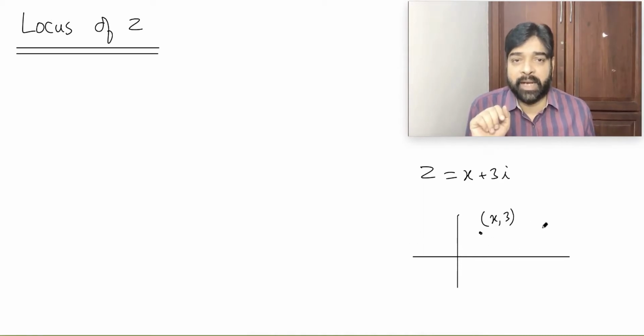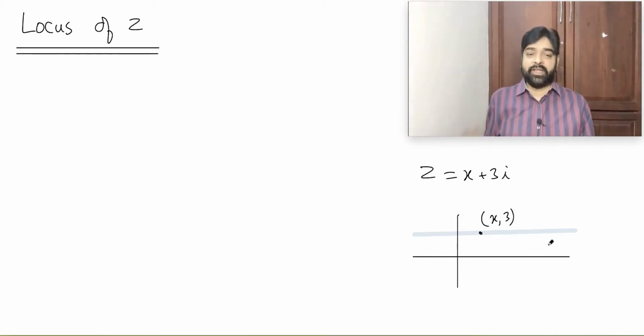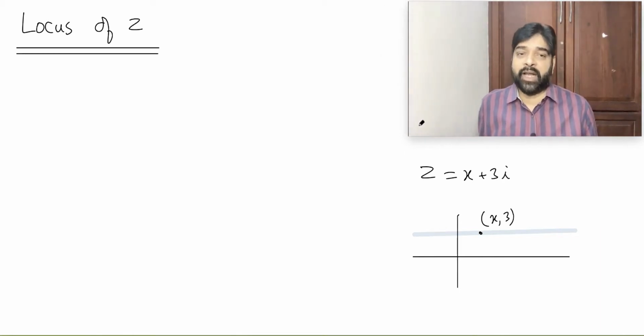Straight line. Am I right? Parallel to x-axis. If it is moving in this path, I will say that this ordinate will be always 3. Your condition has to be satisfied. So ordinate will be always 3 in this case. So I will say that will be a straight line parallel to x-axis. Are you getting my point?